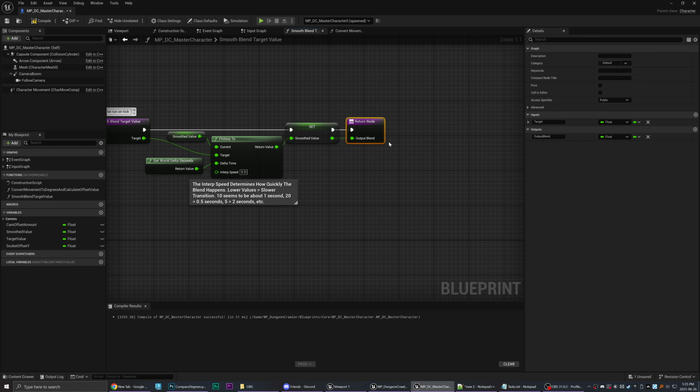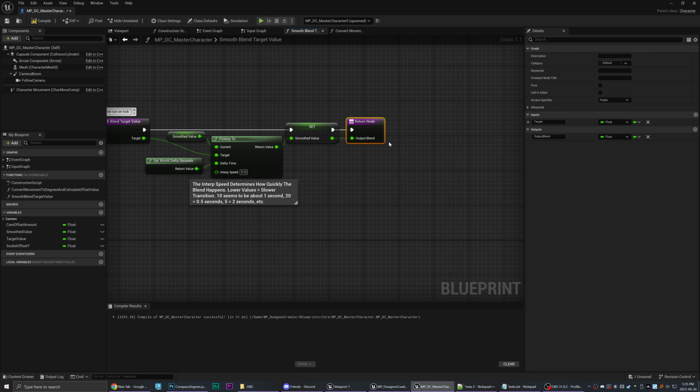And then back to my input graph, then I just hook these up to a tick. So I did a custom event called tick camera boom socket offset. The reason I plugged in a custom event here is you can only have one event tick in any blueprint. And if I put it in the input graph, it's just harder to find.